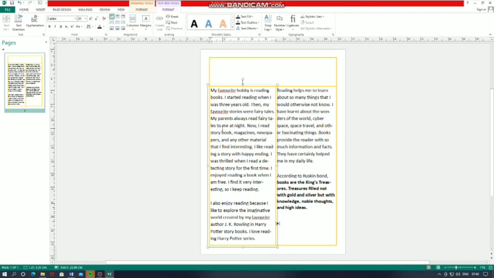Left text box is selected now. If you click on this arrow, you can see the right text box is selected now. So, these both text boxes are linked together. So, children, practice this, how to create link in the text boxes.